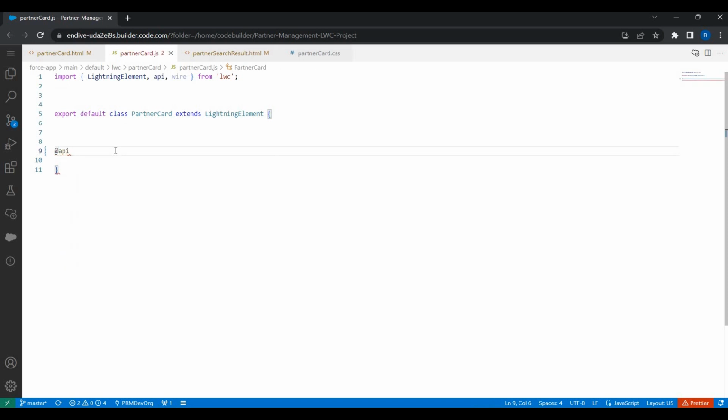I'll give the name of the property. Let's say it's partnerAccount. So that's the name of the property. This is a public property to receive data from partner search result. Now if we go back to the partner search result,